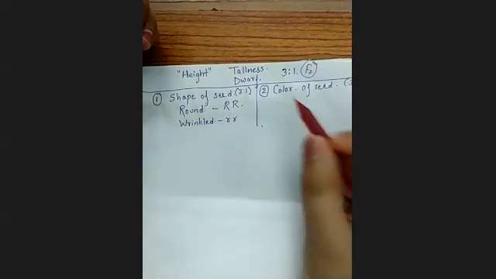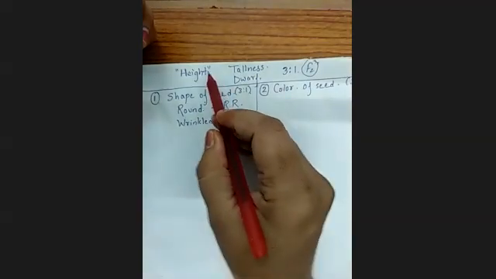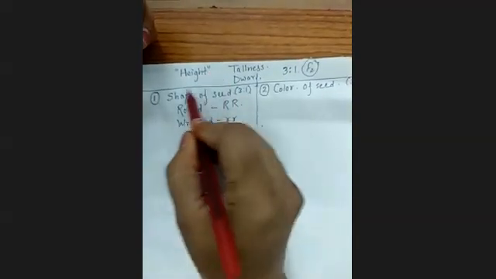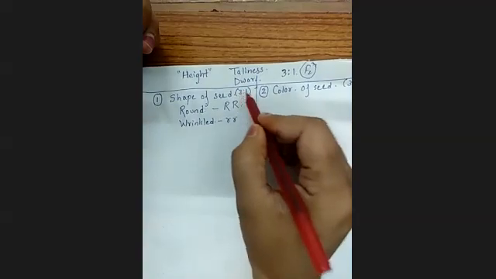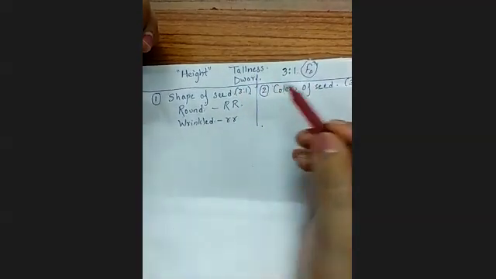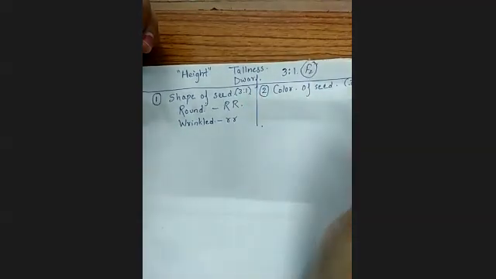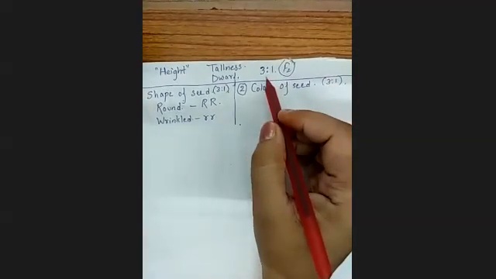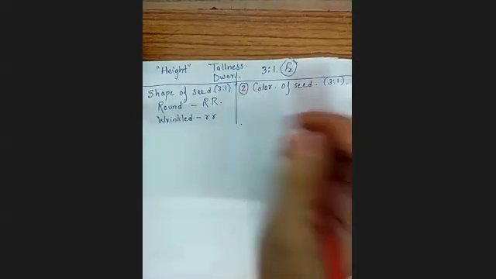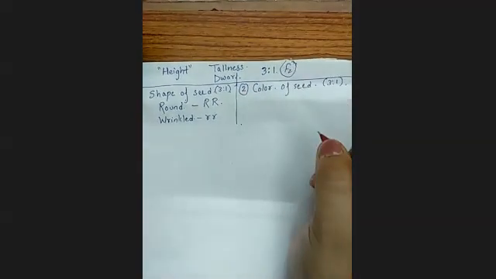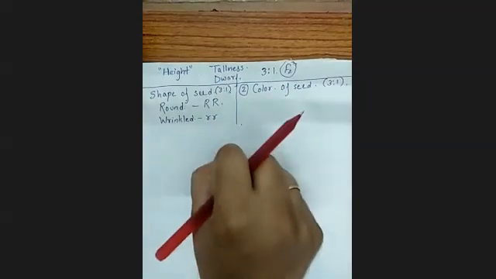Those who have not connected, just understand that Mendel was doing the experiment on the pea plant. He studied each and every character individually. First he studied height, then shape of seed, then color of seed, and every time he got the same ratio, dominant versus recessive. He got 3:1 for each and every character. That means out of 4 plants, 3 were dominant for any character he studied, and only 1 was recessive in the F2 generation.